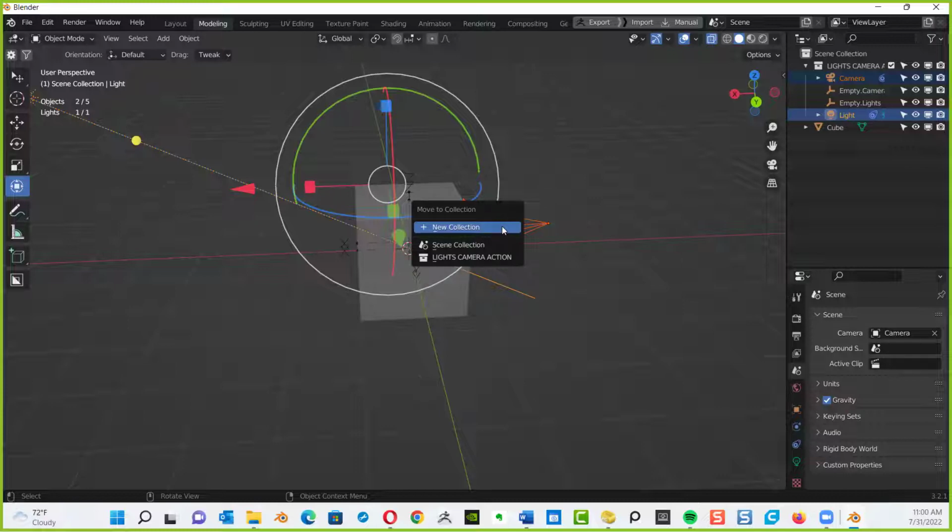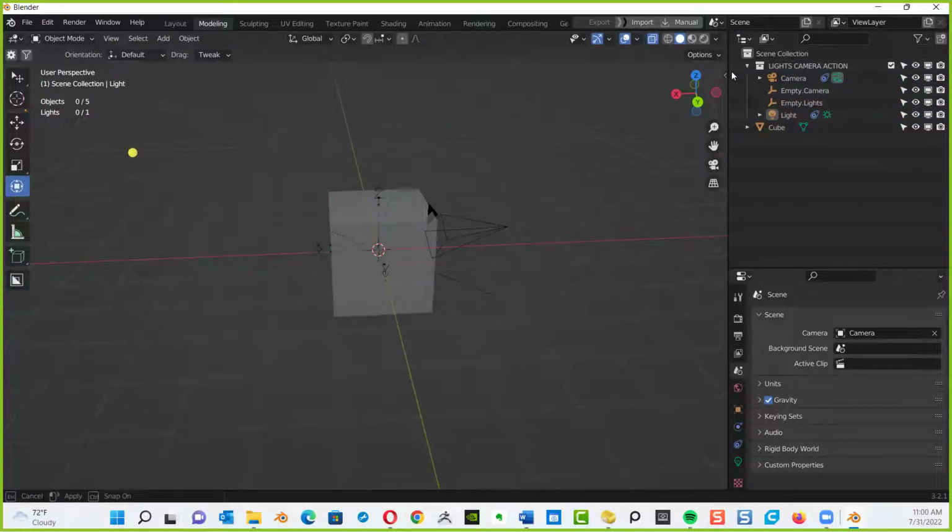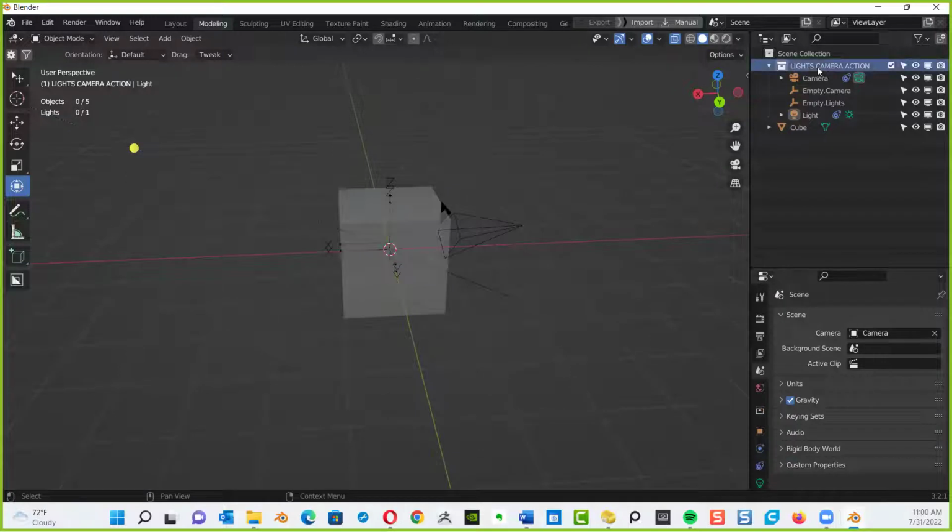I want you to hit new collection, rename the collection, and call it Lights, Camera, Action. I've already done mine. It says Lights, Camera, Action, and it's inside that group there. And I can cascade it up or bring it down.